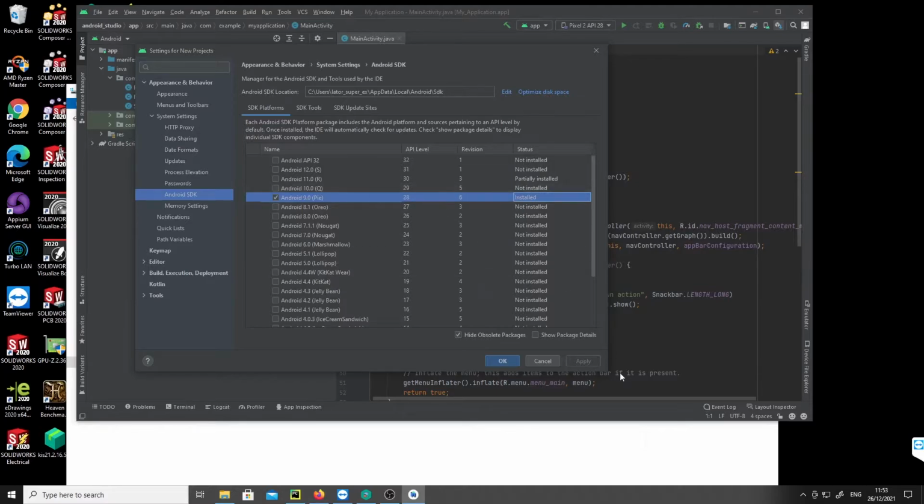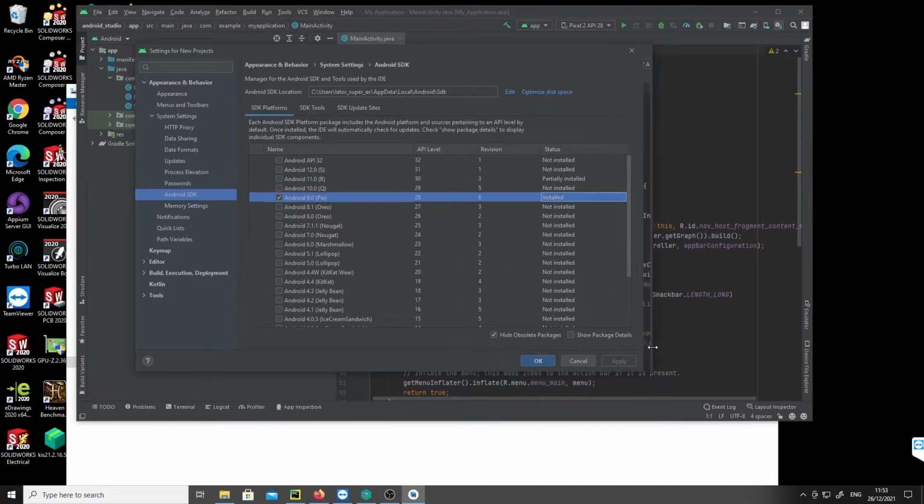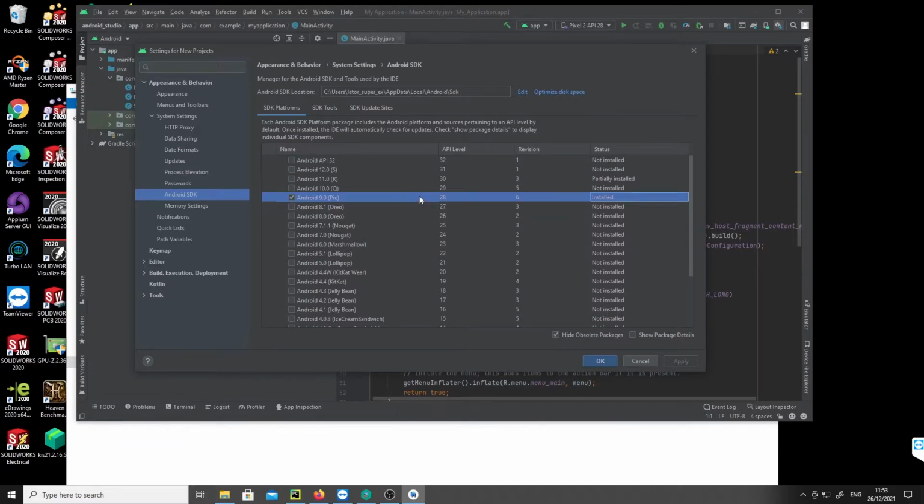That's about a couple of gig, I think maybe 3-4 gig to install, and that will take time depending on your